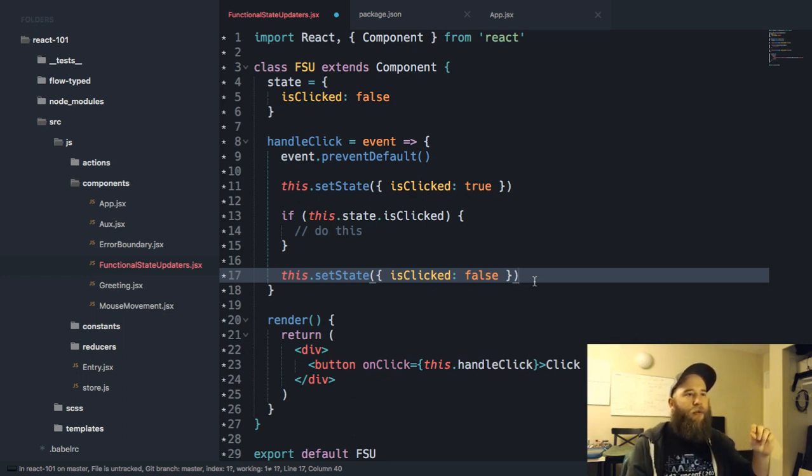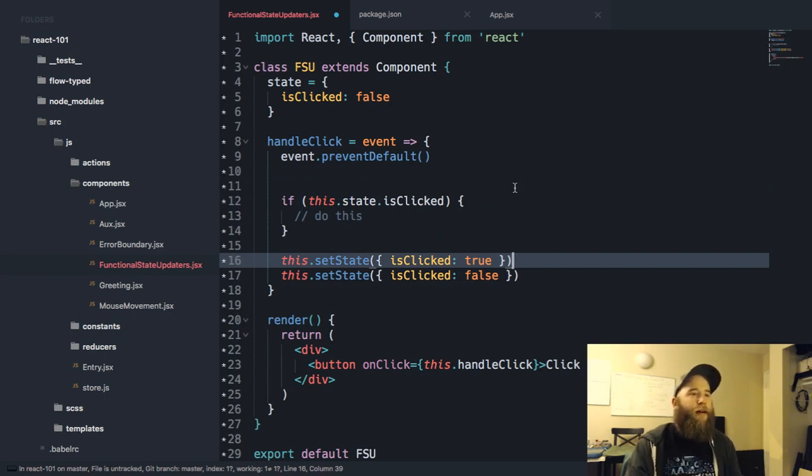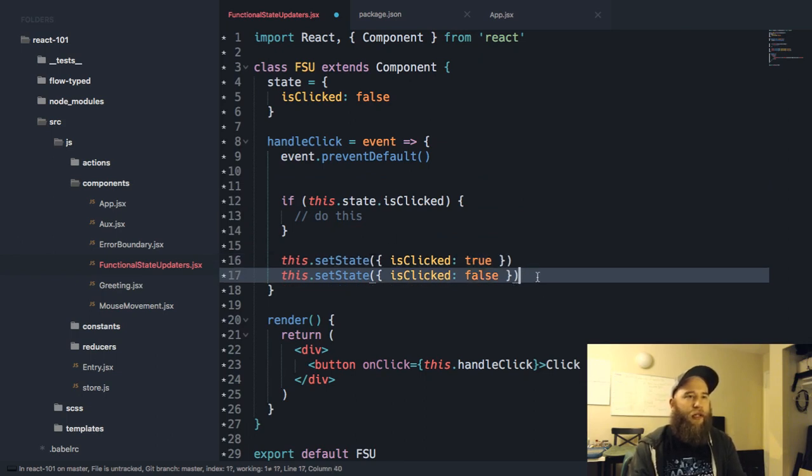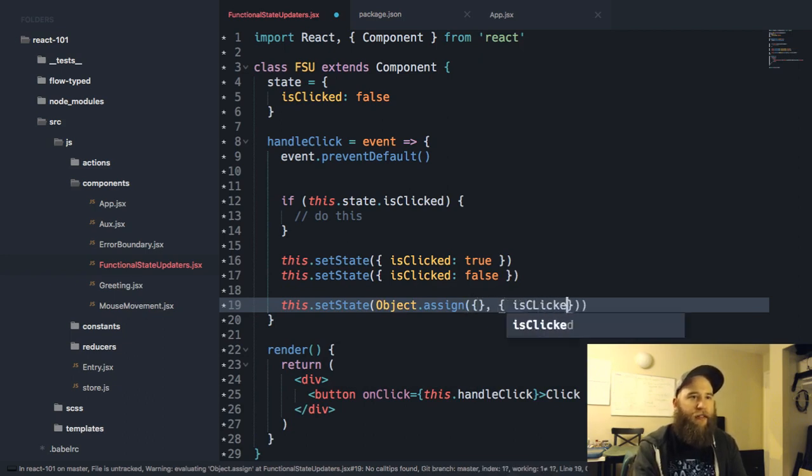So as you saw, essentially what this ends up doing is it would probably be more like this. I'm not certain. We could probably test it out. But what it's going to do is batch these into a group and essentially change it to this.setState, and it probably looks like this under the hood. Actually it needs this.state first, right? This.state.